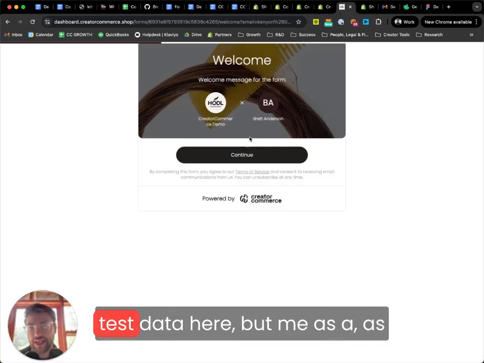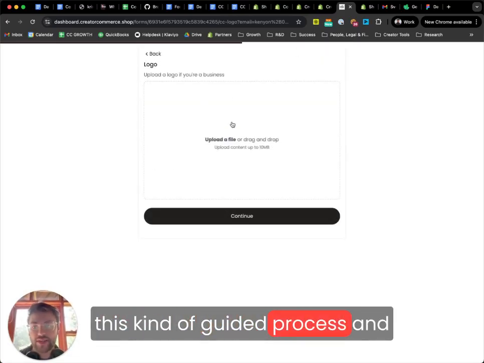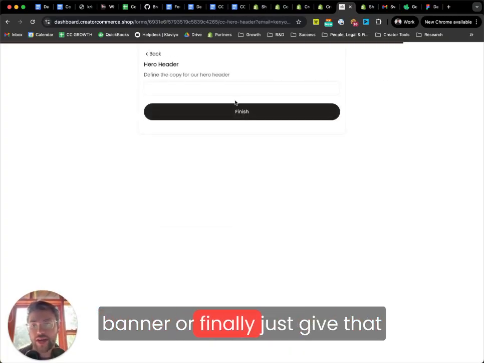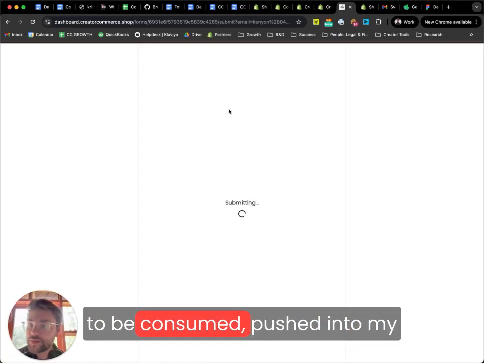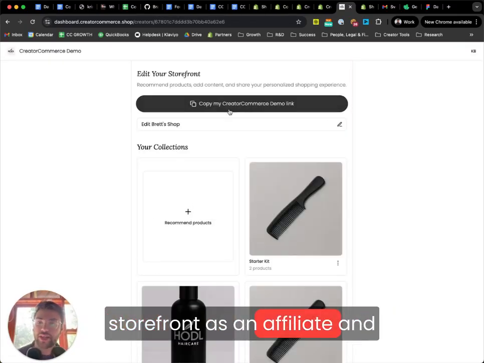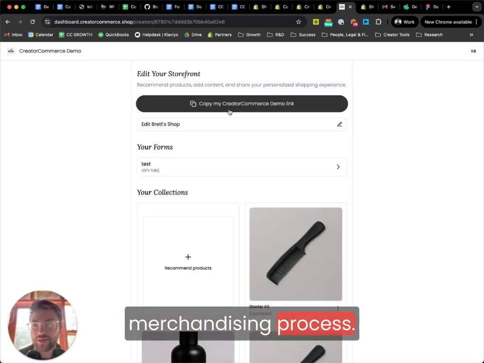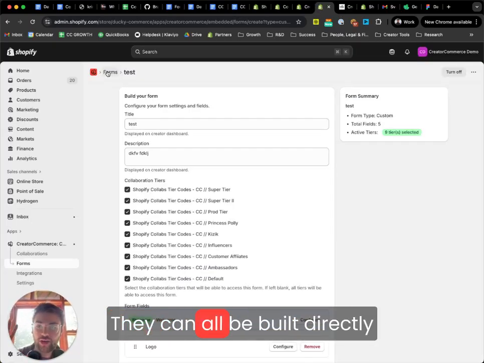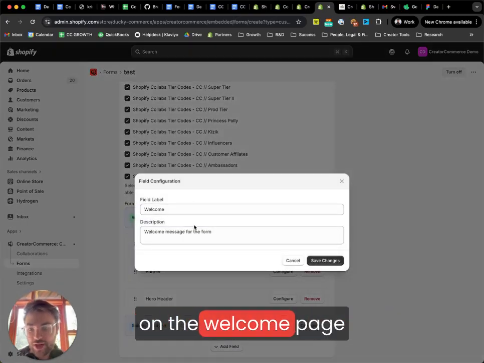And so this is obviously just test data here, but me as an affiliate, I can go through this kind of guided process and upload that logo I just mentioned, or upload that banner, or finally just give that little hero header, for example, in which case that data is going to be consumed, pushed into my storefront as an affiliate, and in full circle allows me to really participate in that merchandising process. So that's just a little snapshot of Forms 101, where we support 4 types. They can all be built directly in the CreatorCommerce dashboard with custom settings on these fields, custom settings on the welcome page, and